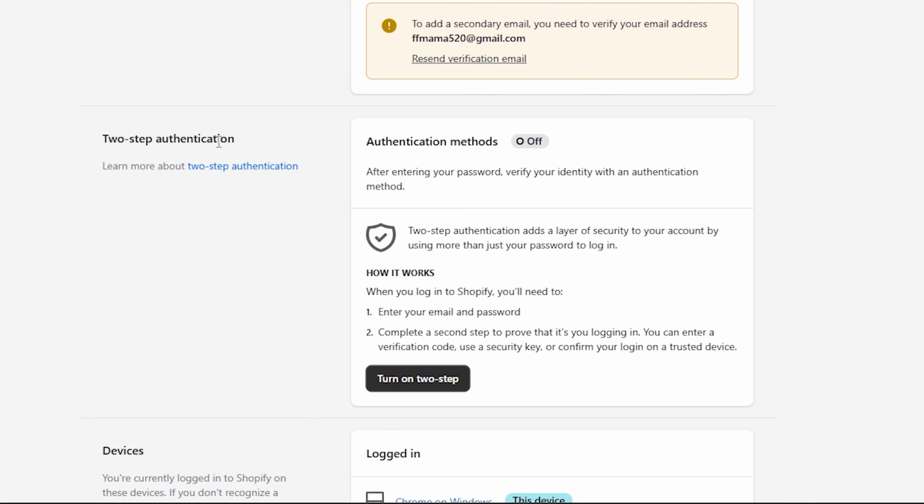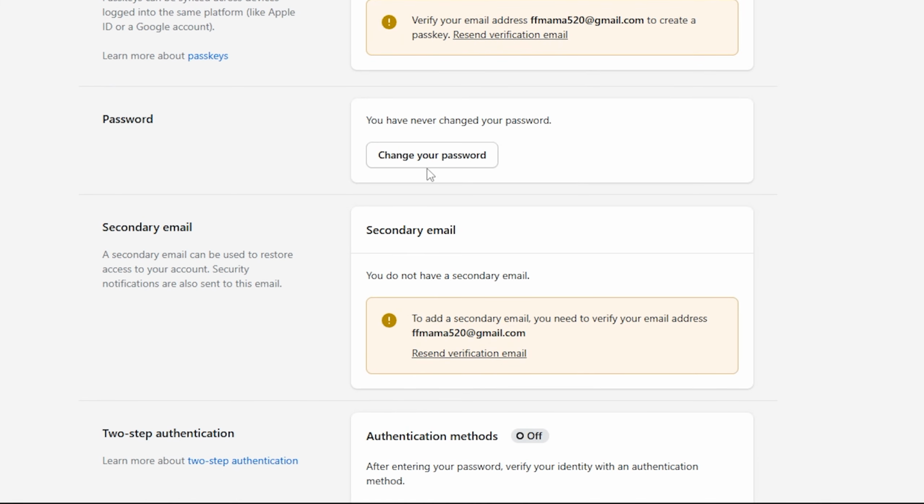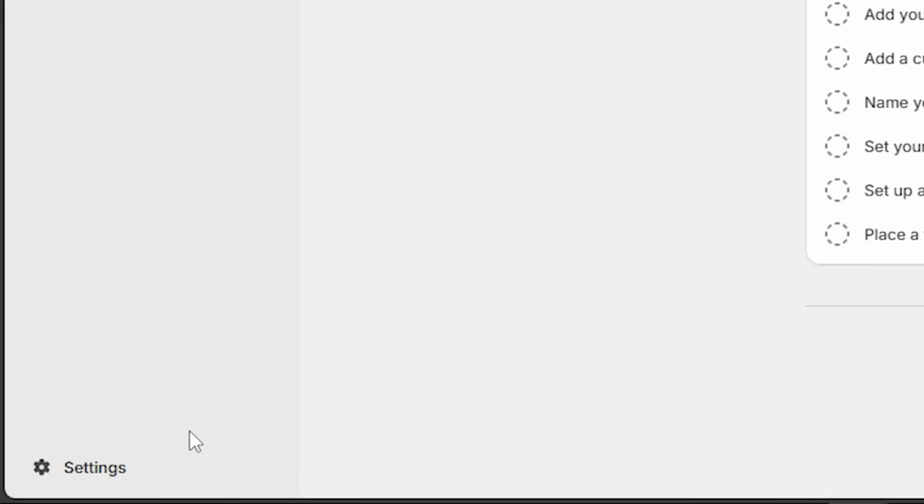And the second thing is to turn off the two-step authentication, and you can also remove any secondary emails just for security purposes. Now go back to Shopify dashboard and go to the bottom left corner where you can find